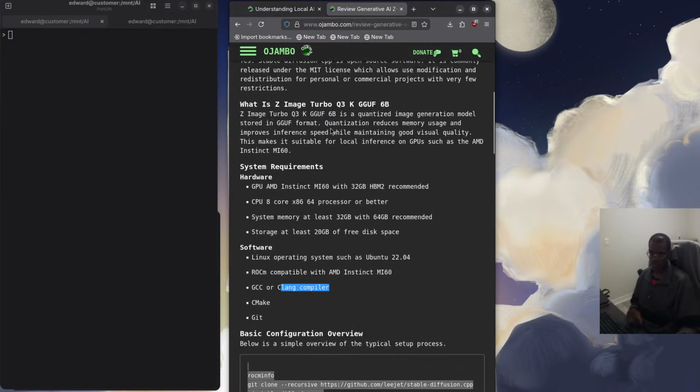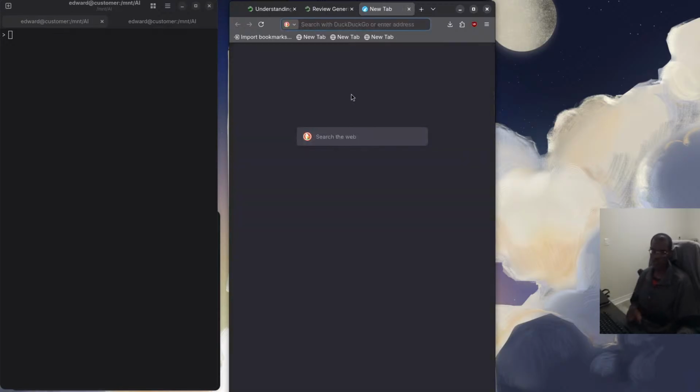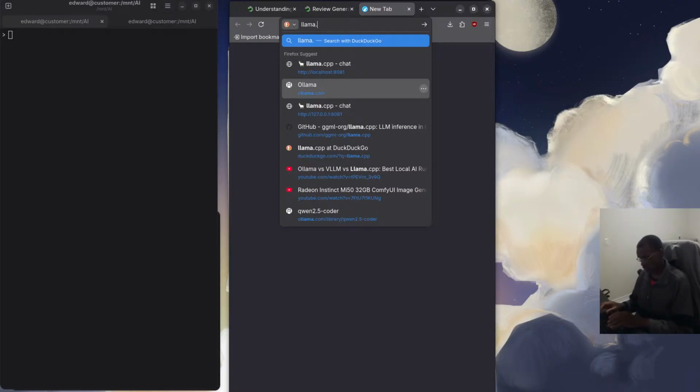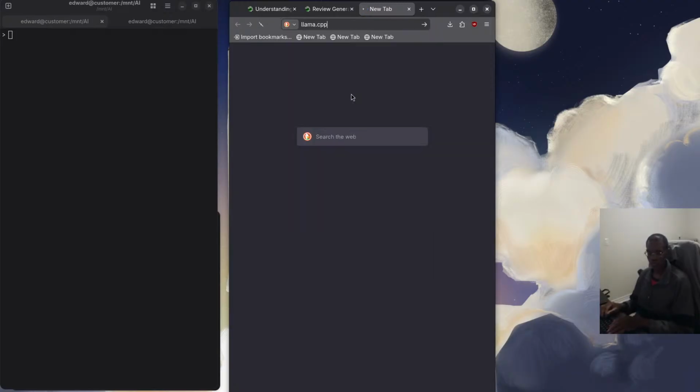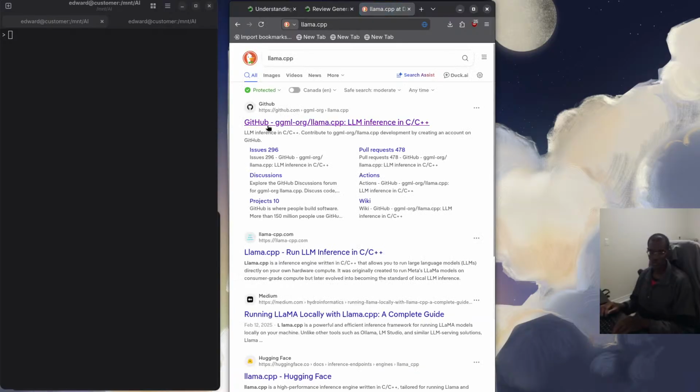And obviously grab, you see I'm using, you can run the Q3K model. It's a 6B model, but you can run the Q3 as well. So let's actually start from this guy. So you go to llama.cpp, just type llama.cpp, hopefully it comes up in a search. Yeah, see here,